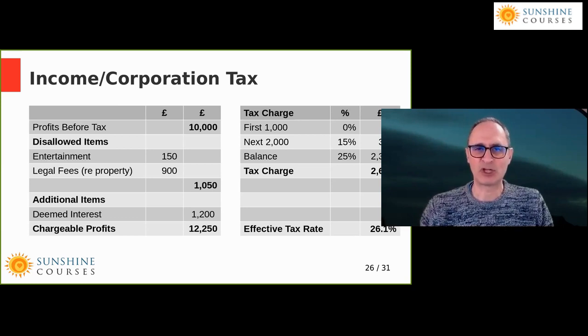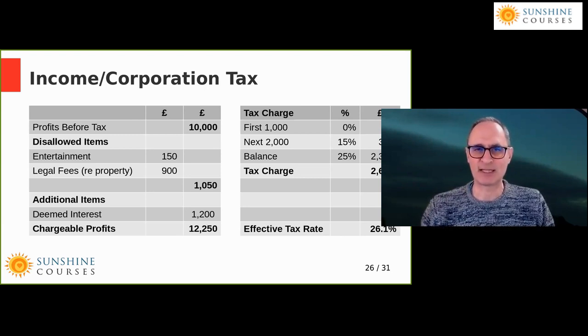That all comes to a total charge of £2,600. Once you've calculated the tax, that becomes due to the government. If you're accounting for this on a monthly basis, and most people don't, but if you're doing so, you'll calculate what you estimate the tax will be, and you'll account for the liability on an accruals basis each month. So in each case you would debit profit and loss account, debit tax charge of £2,600,